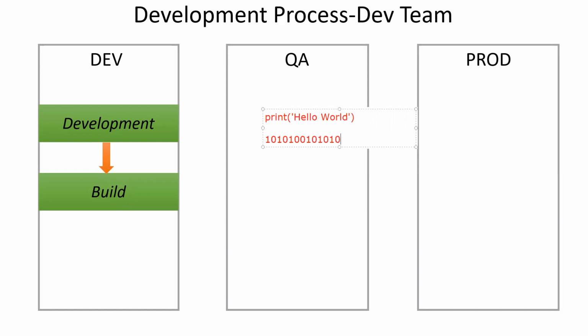So we need to turn this logic from human understandable formats into a machine understandable format, which is binary code, ones and zeros. You can't do that by hand, because we cannot turn these commands into ones and zeros ourselves. So we need to do the process of building. Building doesn't mean that you will turn printf into ones and zeros, just for your information. Build is a process where I turn the source code that is written into binary language.